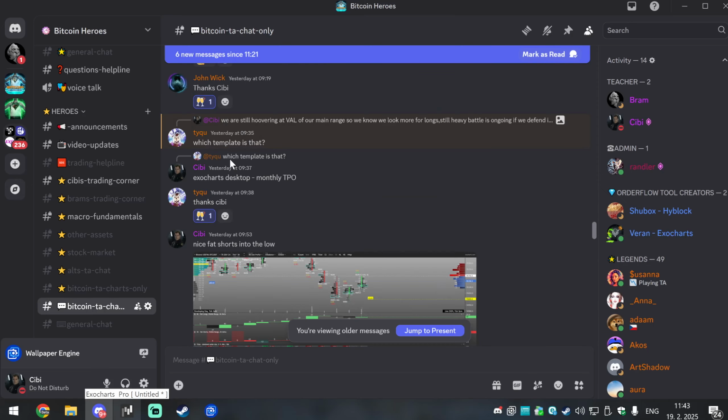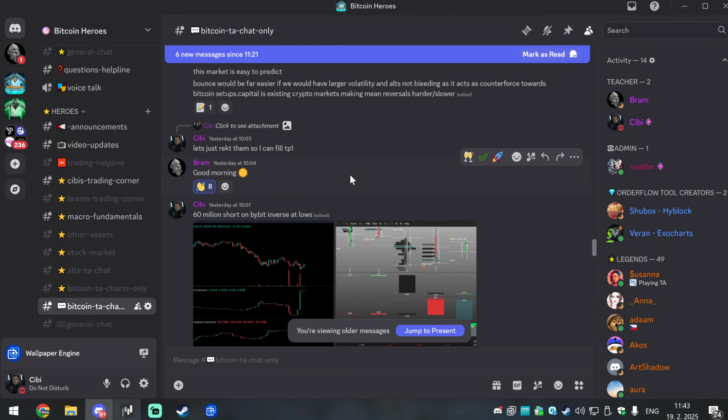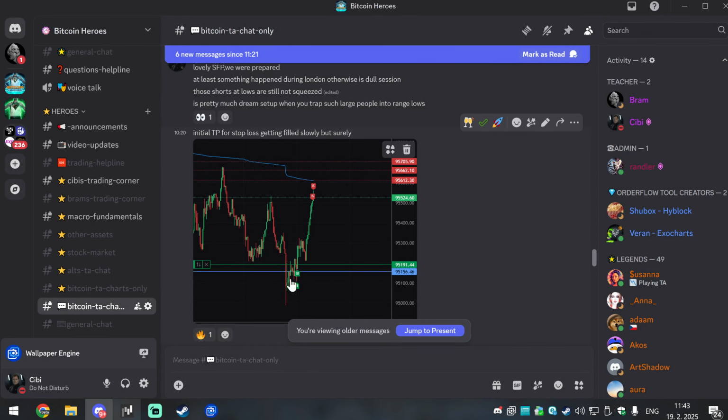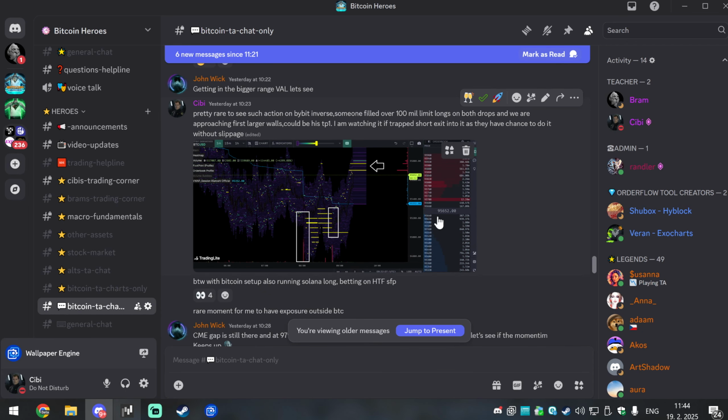You can see my entry was posted, because I was putting in the stop loss so traders know what that means. I'm in the market, and you can see I was setting first realistic targets. This was the initial move, the minimum move I was expecting based on the reaction. You can see I was not entering at the lows, but only after we got confirmations and big shorts were getting absorbed. So you sometimes need to be more patient to see something from order flow before you enter. I was taking profit here mainly to cover the stop loss. So this was a 25% take profit, nothing crazy. I had more targets above.